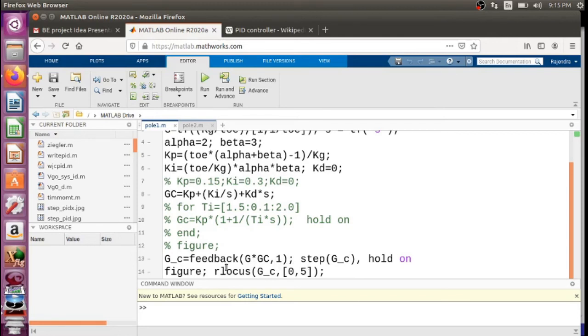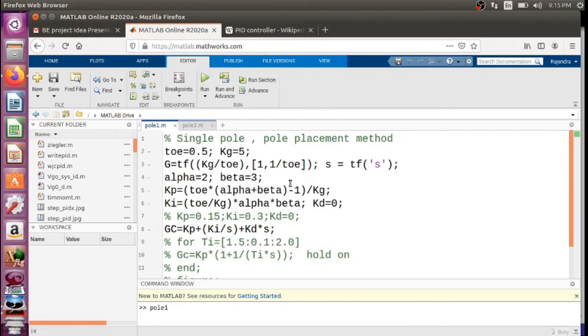So one can find out the closed loop transfer function and get a step response. We can also check whether the pole locations of the resulting closed loop transfer function are correct or not.